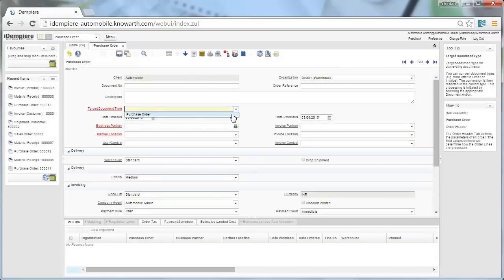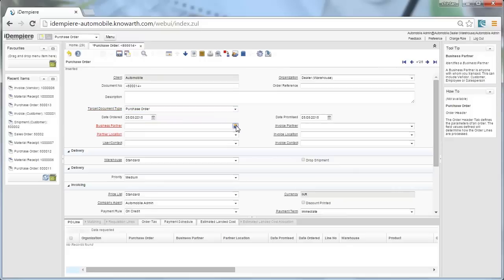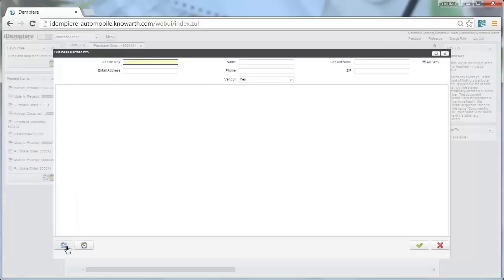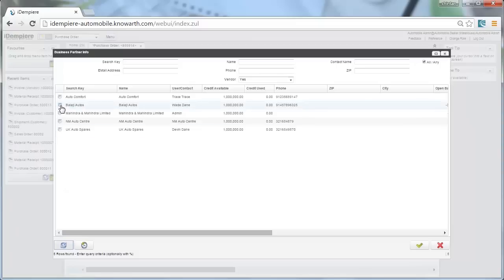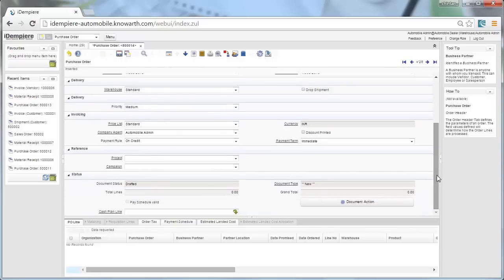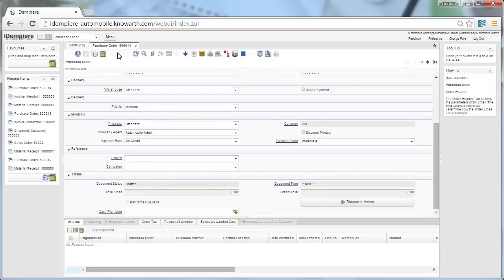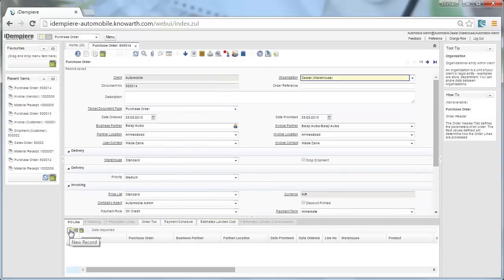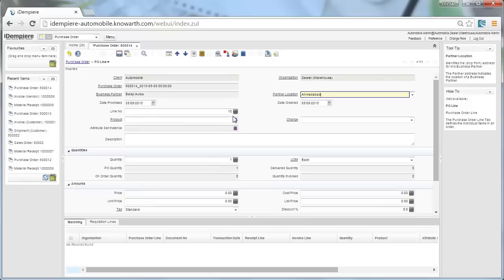Now the document type is purchase order. Here's the business partner, which we have already configured. We'll be going with Balaji Autos. Now as soon as I've selected the business partner, all the related information automatically pops up. I just need to save the information and the PO line is ready